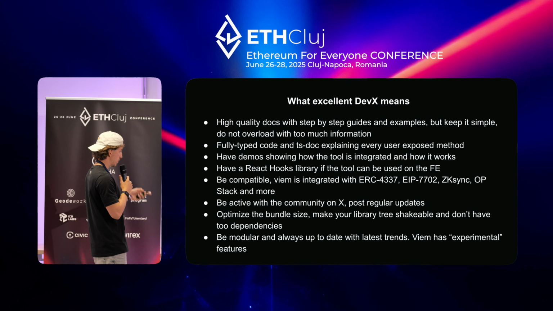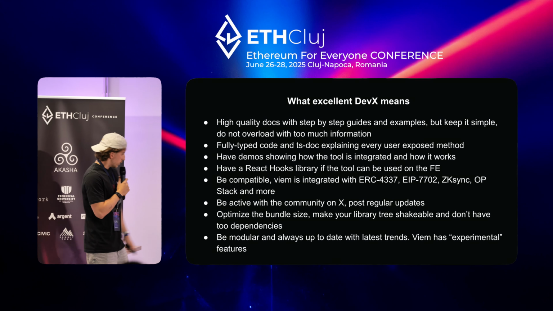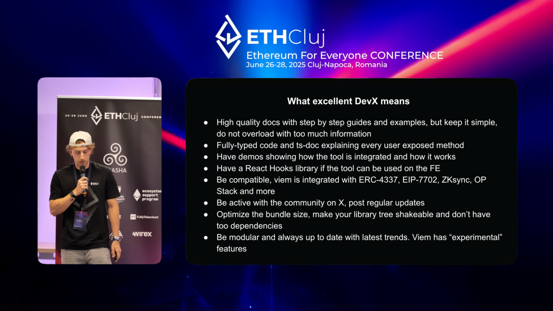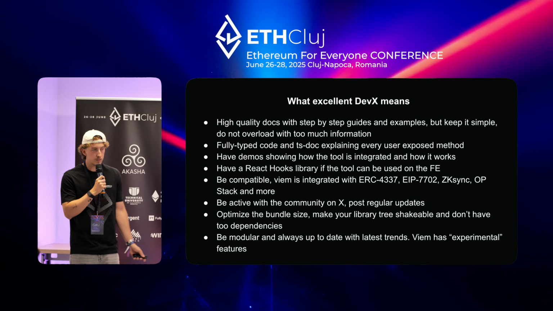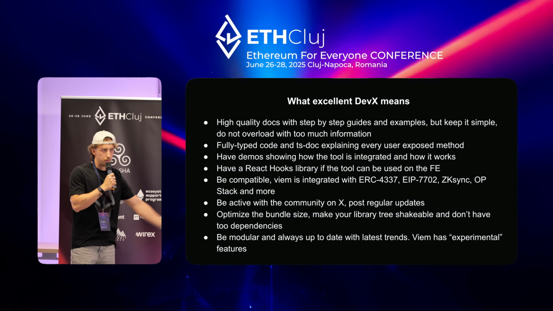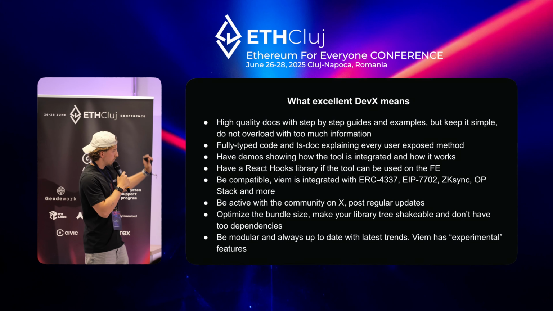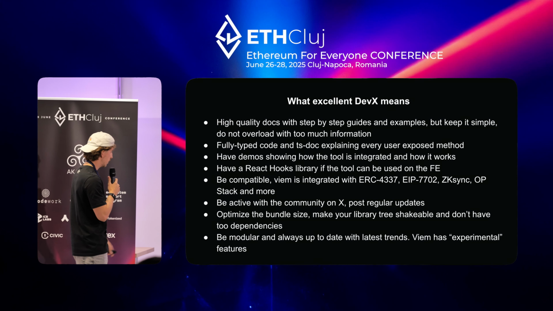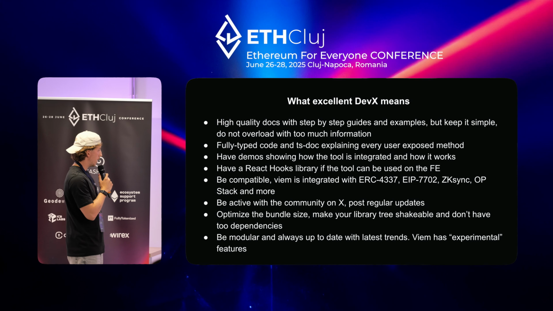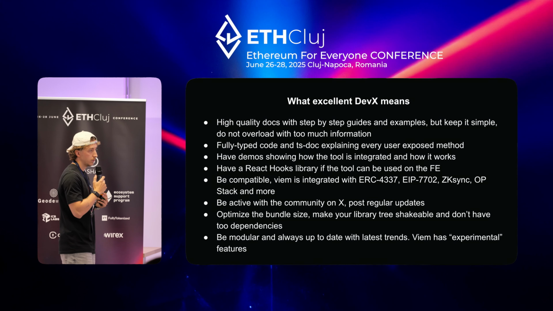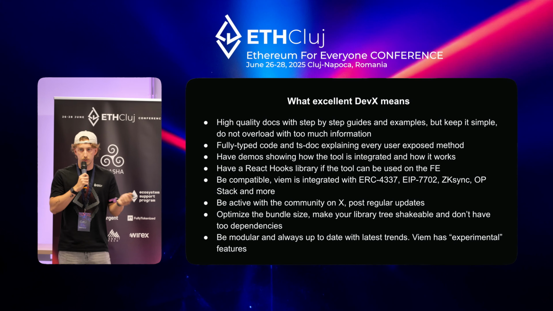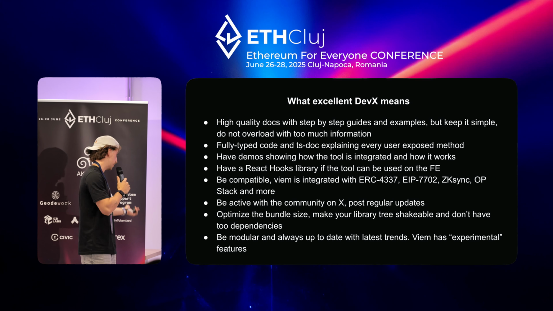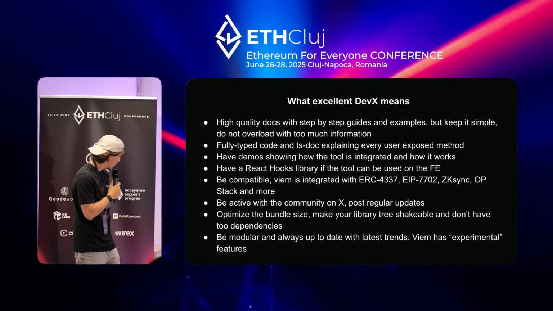Now, optimize the bundle size. Make your library tree shakeable. This is also very important. What tree shakeable means is, if I want to use just 3 methods from an SDK, I don't want to use the entire size of the SDK. I just want to use whatever I need for those 3 methods, that logic. And this is what tree shakeable means. And don't use too many dependencies, because if there's a problem with one, there's a problem with yours too, and you are dependent on too many dependencies. Yeah, that's why they are called dependencies.